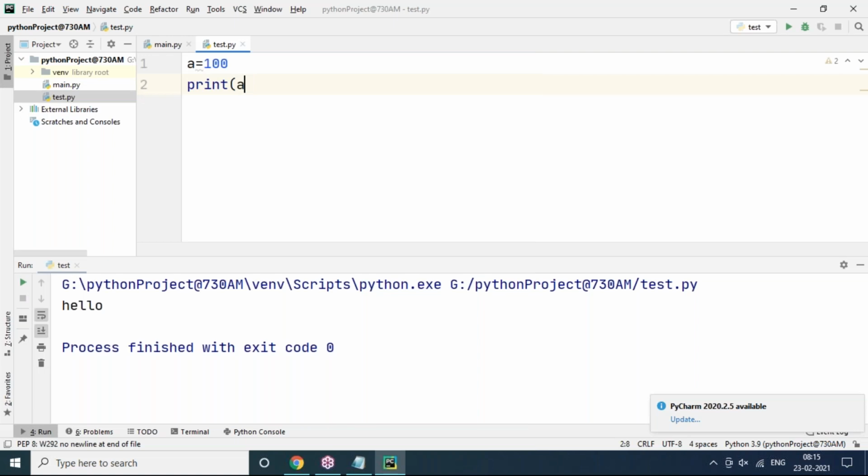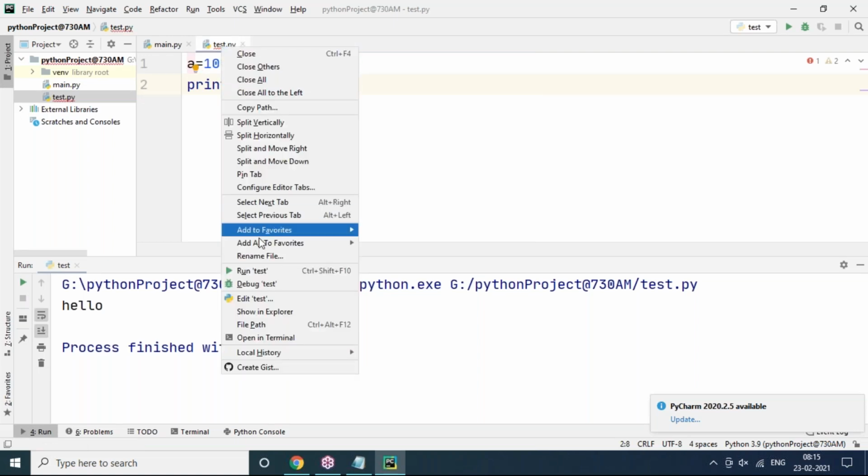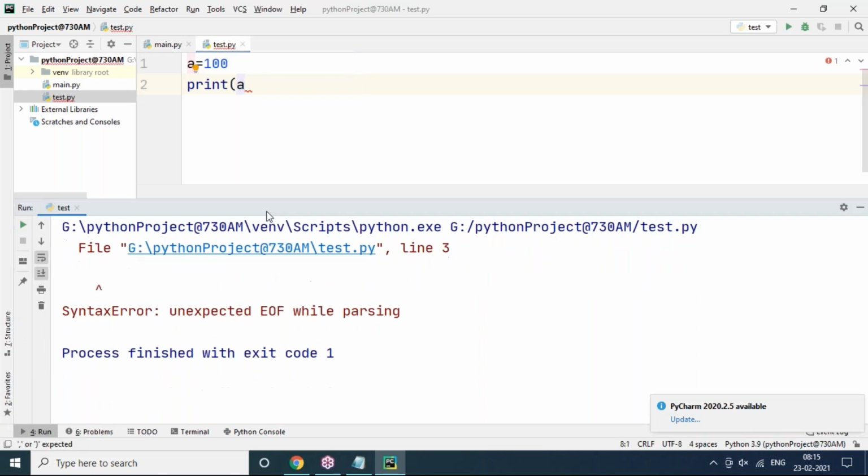So you can see this. I'm just giving the error here. Let's run this one. What is the syntax error? You can see line number 3, it's clearly there. So line number 3, this means line number 3 is not at all there. But how is it line number 3?